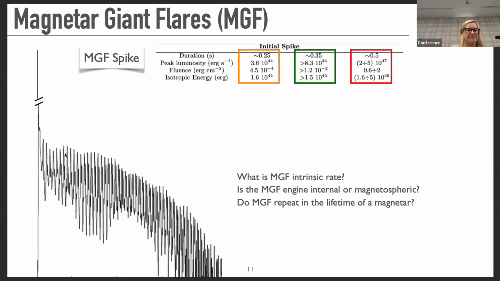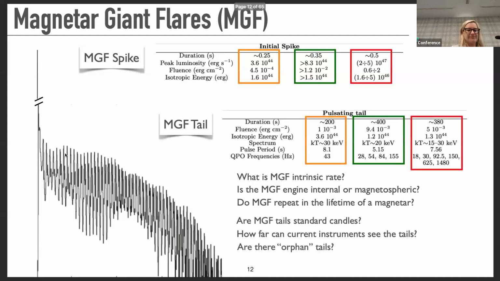So the questions are: how many of these magnetar giant flares can happen in the universe, anywhere, not only in our galaxy? What is the mechanism that can produce them? That's about the physics of it. What can generate this burst? And do they repeat? The magnetars that emitted the giant flares are still there, so these are not disruptive events. They could repeat. So far, we haven't observed repeating objects, but they could. And of course, they can inform us about the energetics and the physics of the inside of the magnetar.